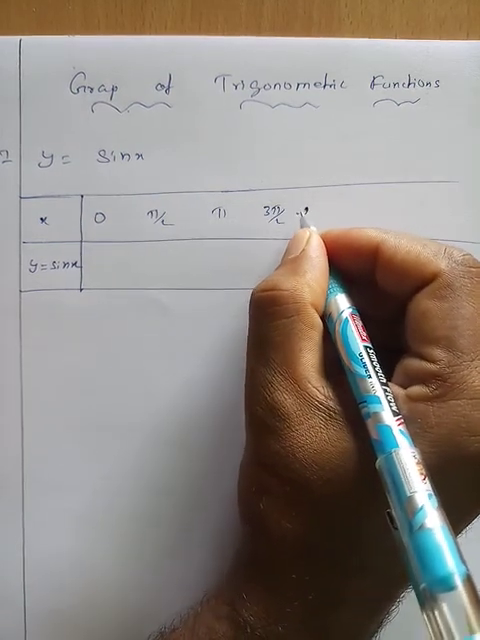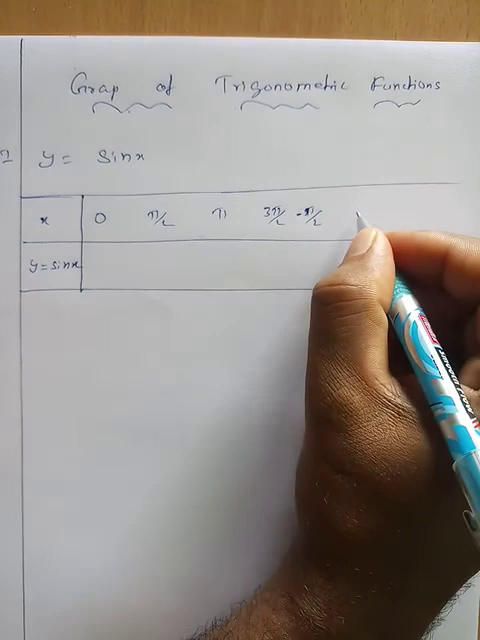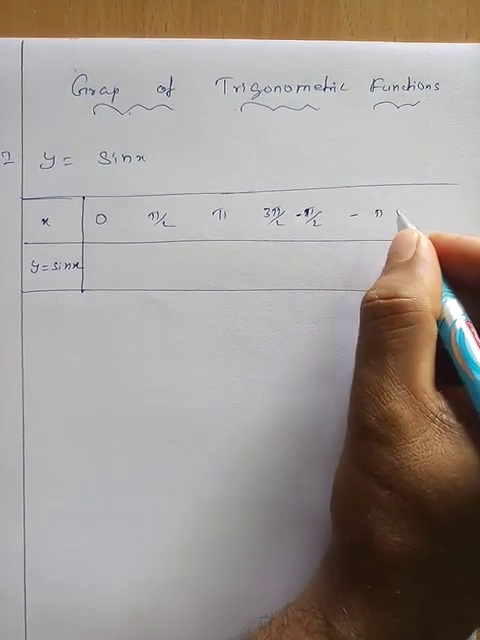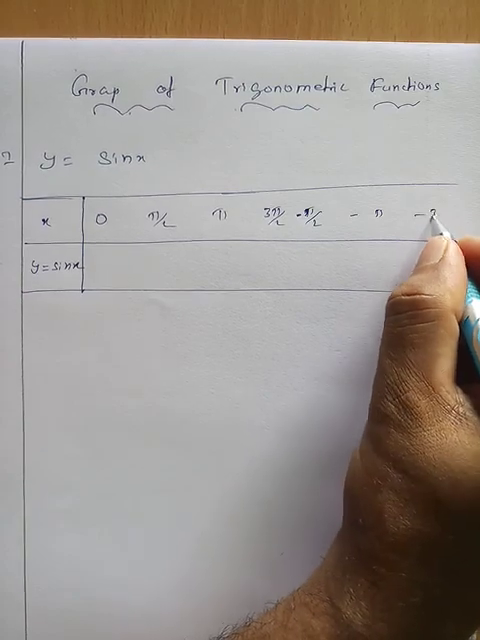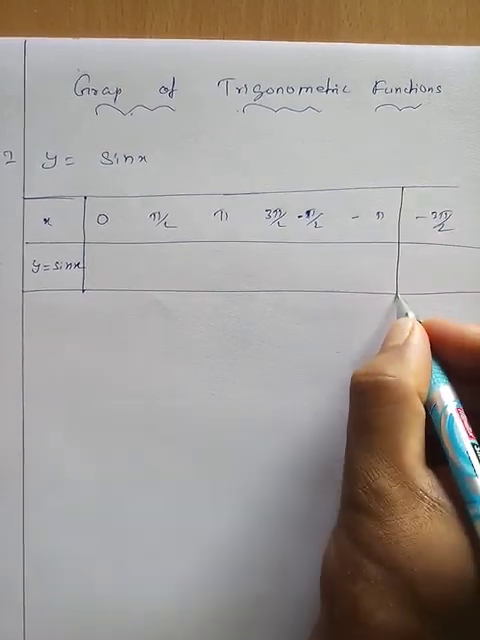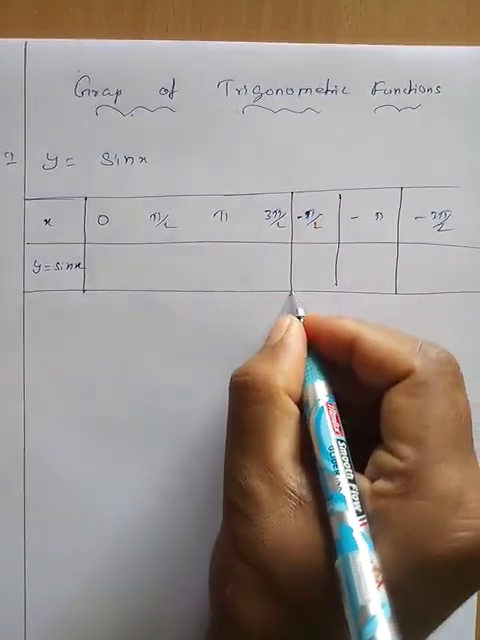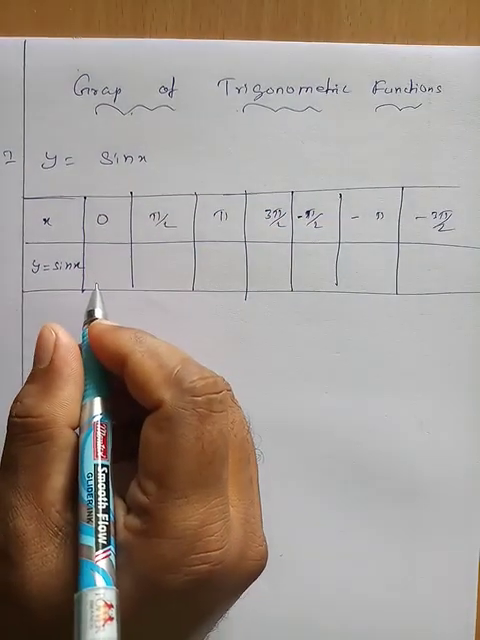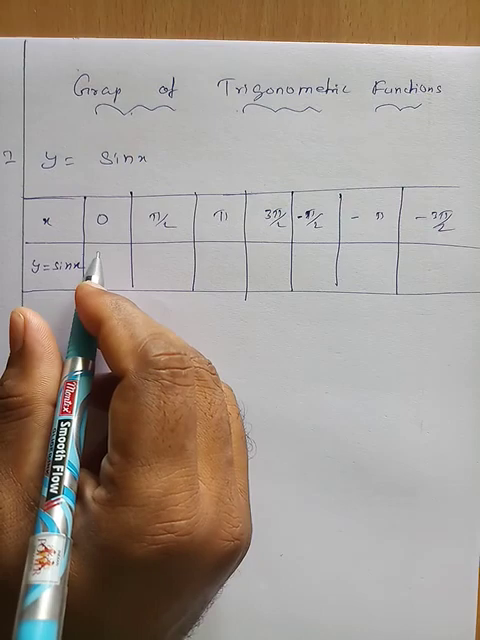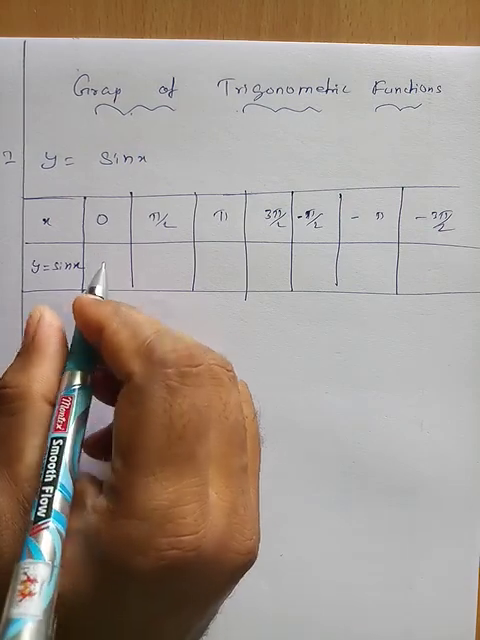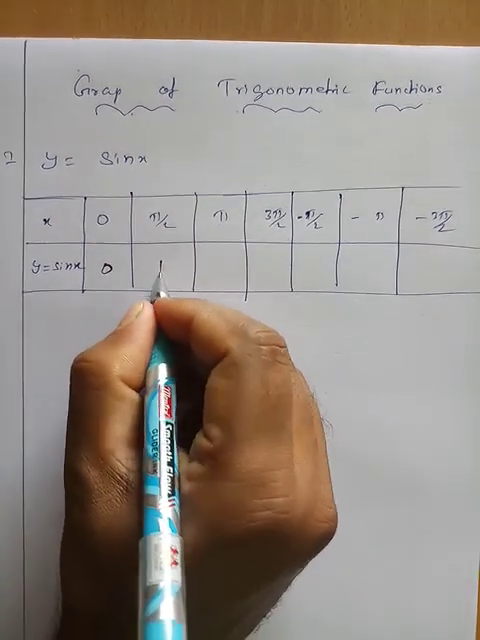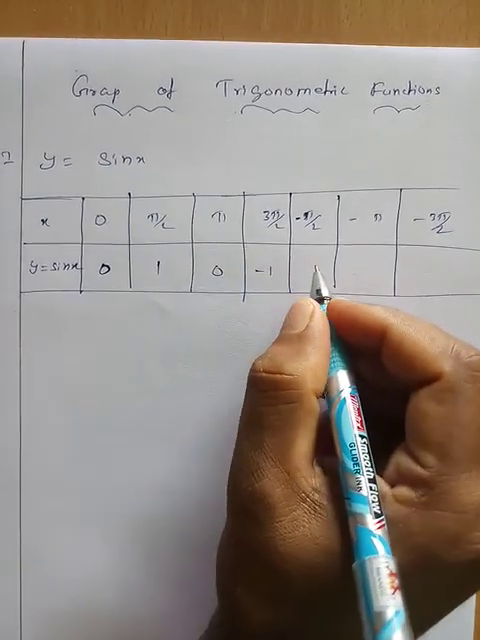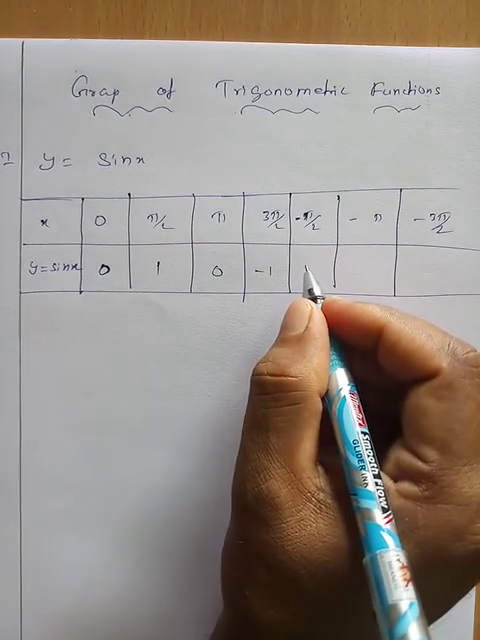minus pi by 2, minus pi, minus 3 pi by 2. For 0, sin 0 is equal to 0, pi by 2 is 1. This is pi, 0. 3 pi by 2, minus 1. Minus pi by 2, sin of minus pi by 2,